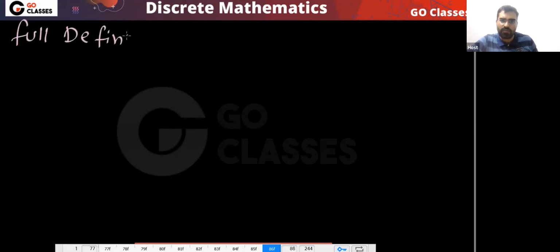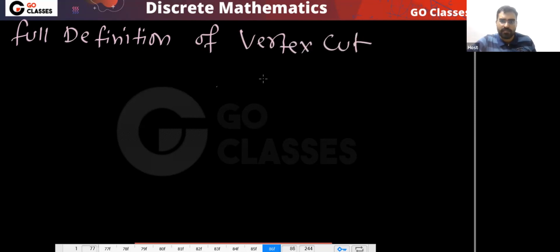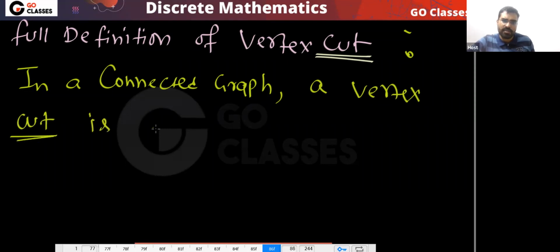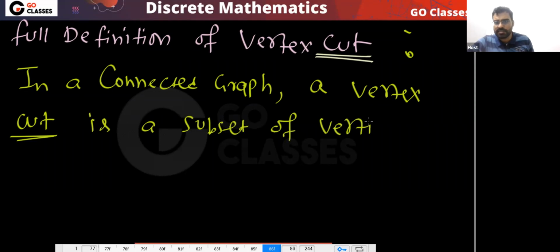Let's see the full definition of vertex cut. Vertex cut means separating set. Focus is on cut. Okay, full definition of vertex cut. In a connected graph, remember, all these concepts are defined for connected graphs. So in a connected graph, what is a vertex cut? A vertex cut is a subset of vertices